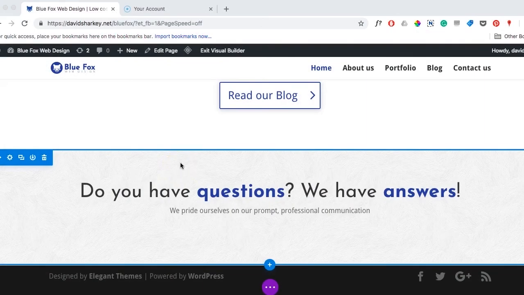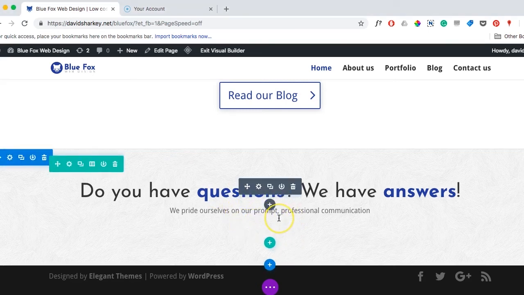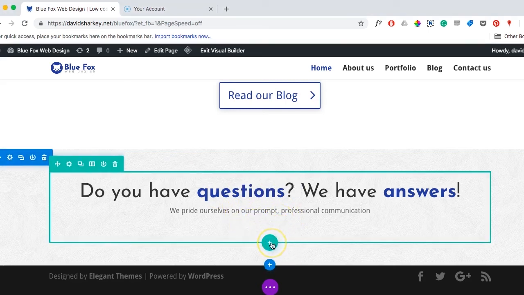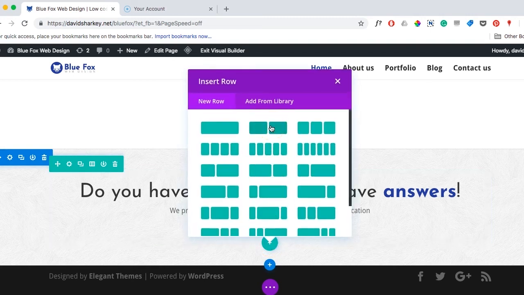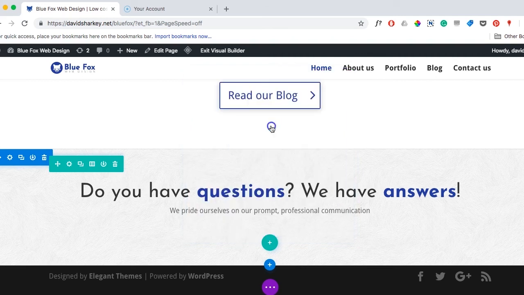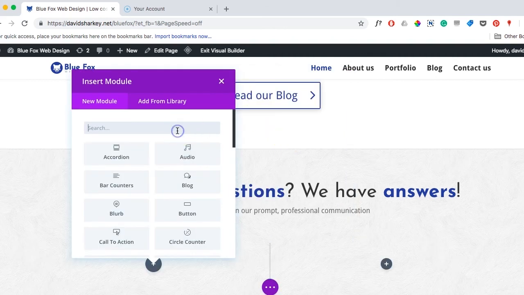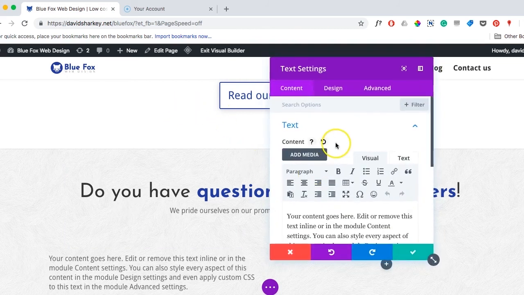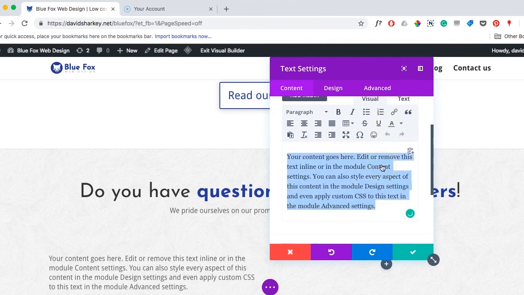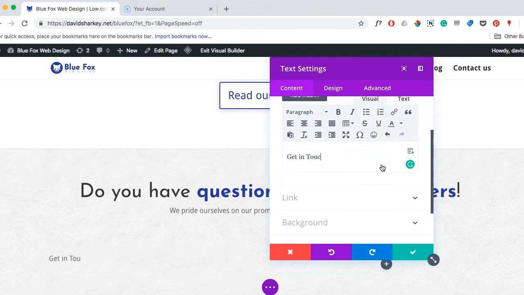Okay, let's get going. If you haven't already, enable the Visual Builder, and we're going to add a new row underneath our heading here. So select the Add New Row button, and we're going to go for a row with 2 columns, which is the second one along. Okay, so Divi is inviting us to add a module to the left-hand column. For this one, we're going to add a text module. So select that, and it's put in some dummy text. Just delete the dummy text, and we're going to write "get in touch,"